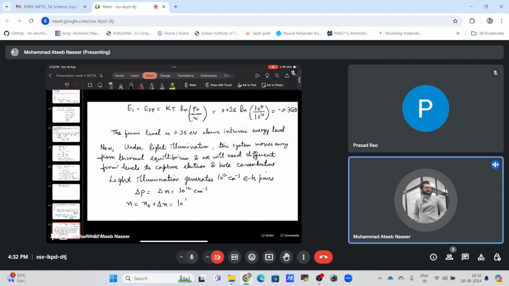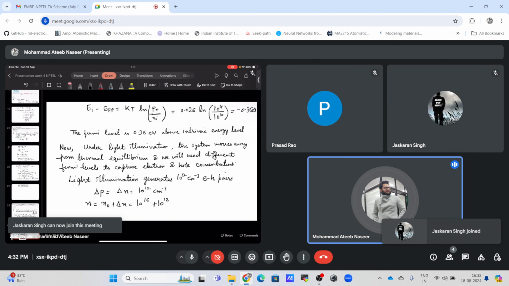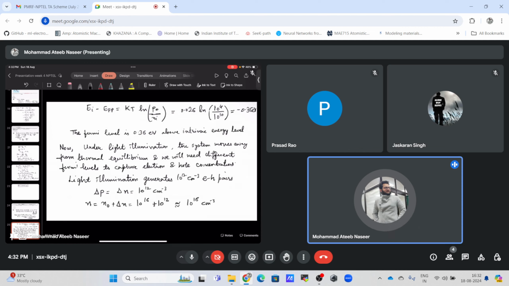The electron equilibrium concentration was 10 to the power of 16 per centimeter cube, and delta n is simply 10 to the power of 12, and we can safely say this number is equal to 10 to the power of 16, because 10 to the power of 12 is much less than 10 to the power of 16. But for p, what has happened? p naught plus delta p: p naught was 10 to the power of 4. Now delta p has increased to 10 to the power of 12. So this whole concentration has